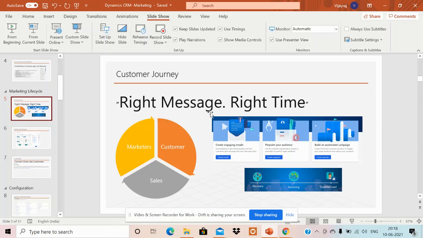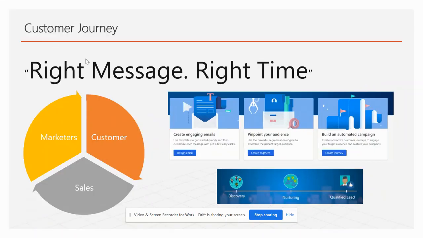We'll talk about the customer journey, or the life cycle of marketing. Marketing people create different campaigns, like email campaigns or social media campaigns. Just take the example of email campaigns. The marketing people schedule the email campaigns and send the emails to potential customers,